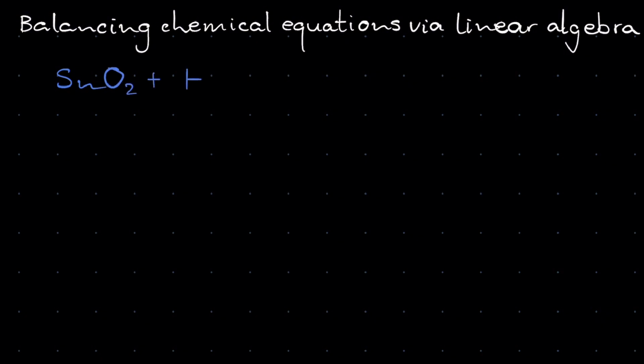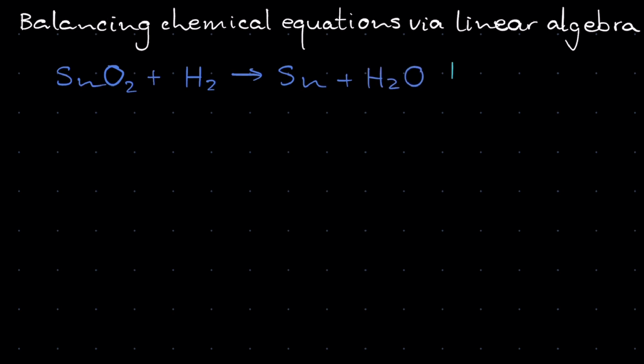SnO2 plus hydrogen, that makes tin plus H2O, water. And our goal is to balance this. Well, how do we balance this though? Well, you can basically use trial and error in this problem right now, because this is not a very advanced chemical reaction. In fact, there's only 2 reactants and 2 products, which aren't that complex. However, what I want to do in this video is to balance chemical reactions using linear algebra. Let's notice that we can use a system of simultaneous equations in order to solve this problem.